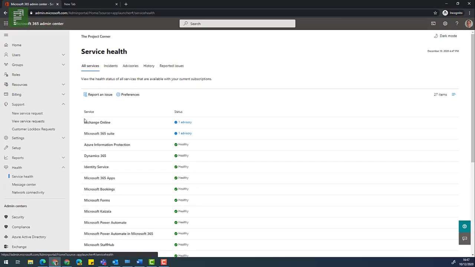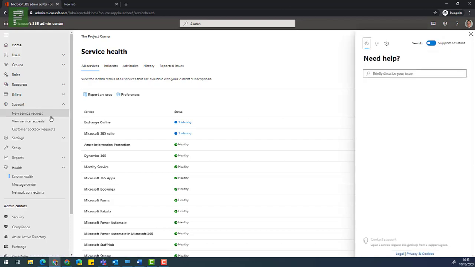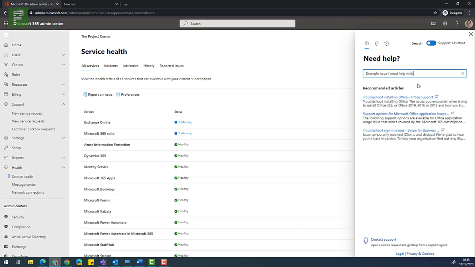that service request. To do this, head on over to the new service request, and a side pane drops where it tells you to fill in a brief description of your issue. So let's do this as an example. So there's a general issue that I need help with, and if I click on support, and if I click on enter, I can get some recommended articles, which most of the time don't solve